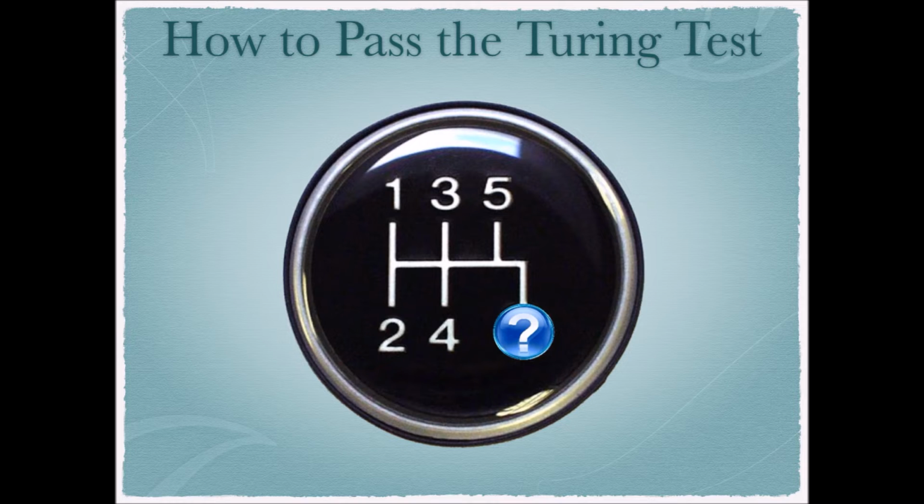Now, how to pass the Turing Test? In this example, you see a sequence, 1, 2, 3, 4, 5, and question mark. Well, the obvious answer to this is R. But the answer is not so obvious. In a recent TV show in Japan, about 1/3 of the respondents could not answer this correctly, answering 6. And of course it depends on whether you come from a car driving culture or not. And even in a car driving culture, the automatic transmission has been taking over the manual transmission, so many people would not be able to answer this correctly.